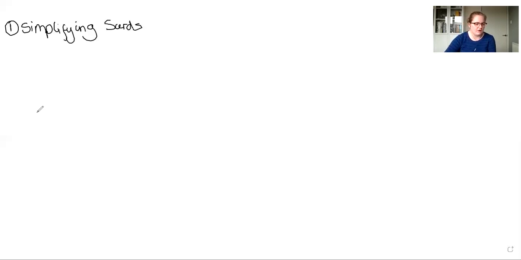So I'm going to write our first example down and we're just going to go through simplifying surds straight away with an example. So our first one would be to write root 18 in the form